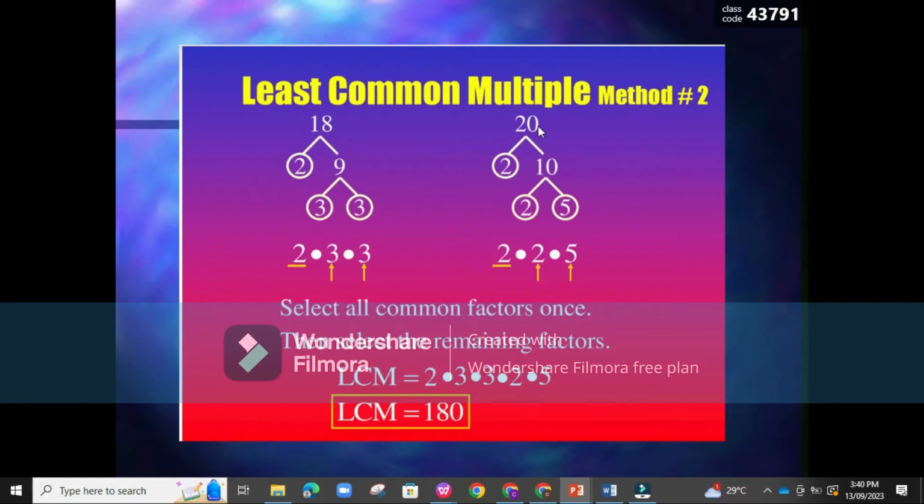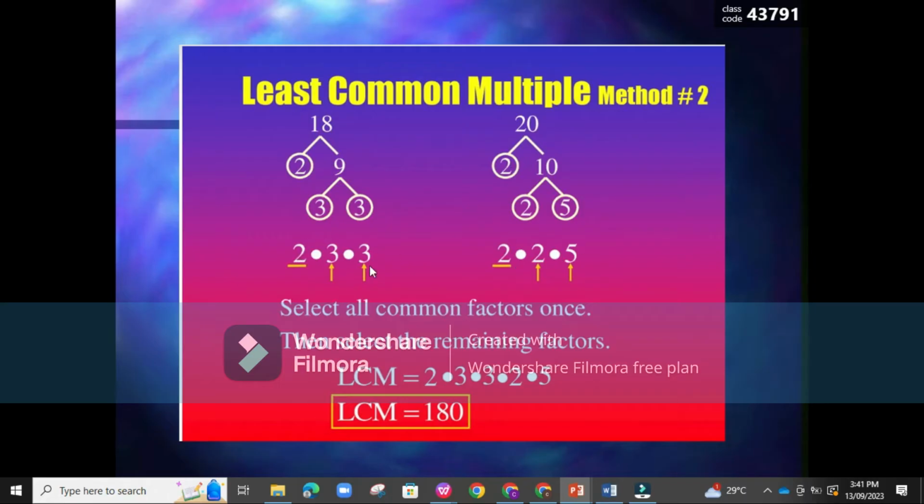Then we are going to factor out 20 into prime numbers. So we have 2. Again, 2 is the smallest prime number. So we have 2 times 10. So encircle 2 because 2 is already a prime number. Then 10 is divisible or has prime factors of 2 and 5. So these are now prime factors. So this is the prime factorization method. Sometimes we call it factor tree. Okay? So you have to write all the prime factors, 2 times 3 times 3, and here is 2 times